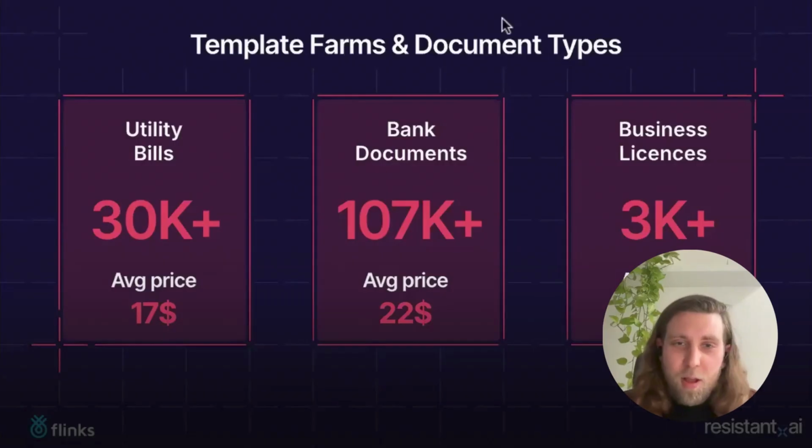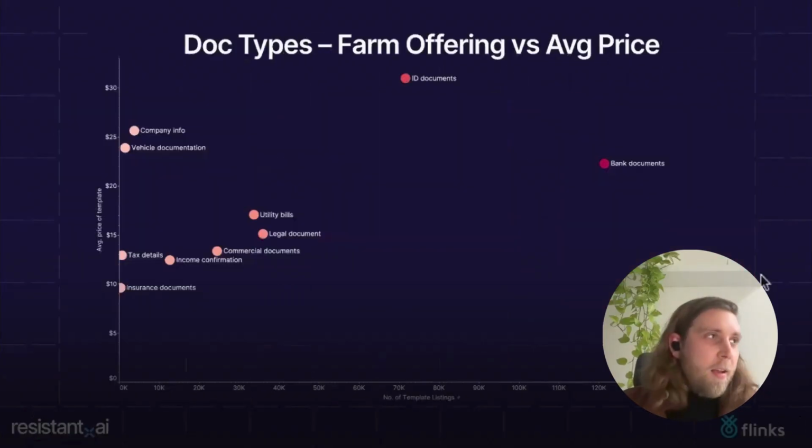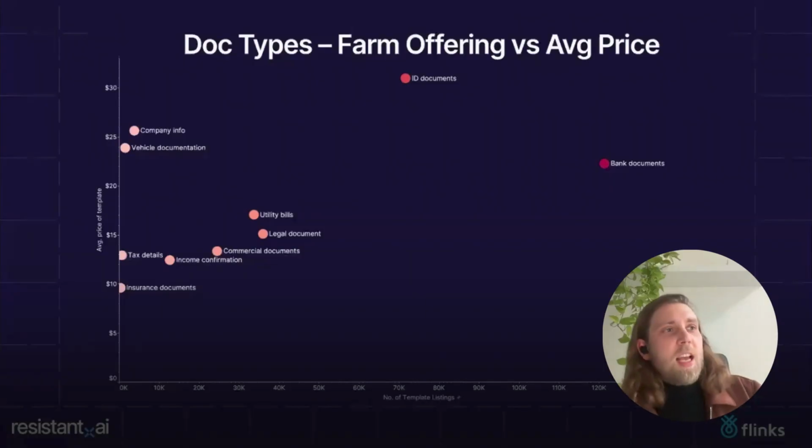I wanted to quickly follow up with those slides because there's a couple more I want to go through. If you look at some of the more document types, we're going to try to make this a little quicker because we want to have some time for the Q&A. You can see different document types with respect to volume and price. The key message here is that even at the higher level, the average price is still going to be quite low, hence the low barrier to entry.